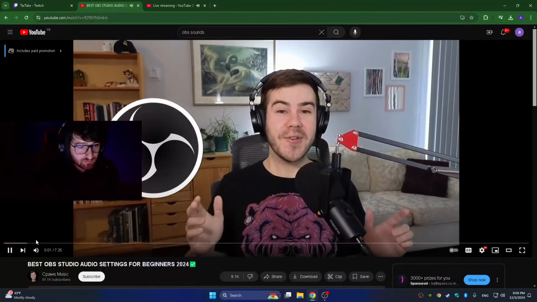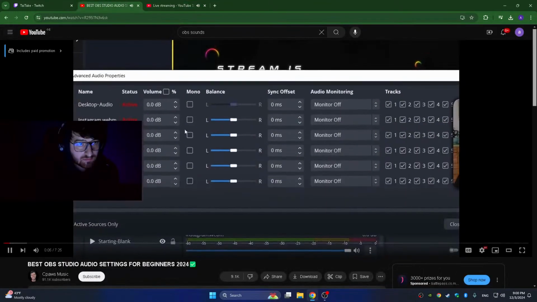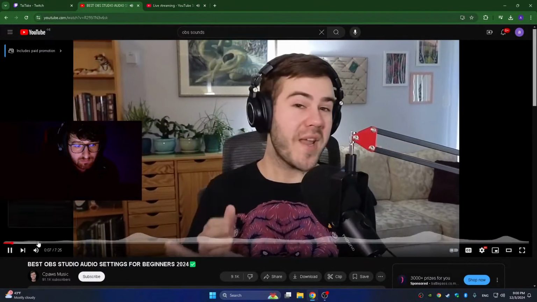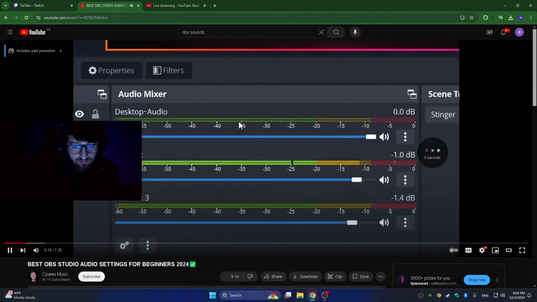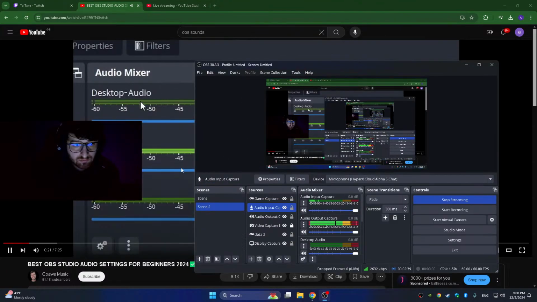OBS Studio audio settings honestly sucks. Because when you're first starting out as a beginner, it's so overwhelming. So that's why I'm going to break it down super simple. So to get started, you can see at the very bottom, this is the audio mixer. These are going to be your different audio sources. So in this case, I have my desktop audio, which is going to be anything that comes out of my